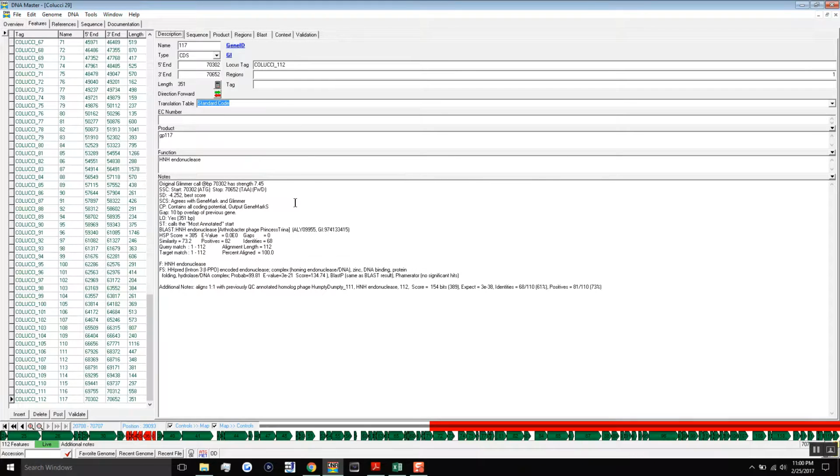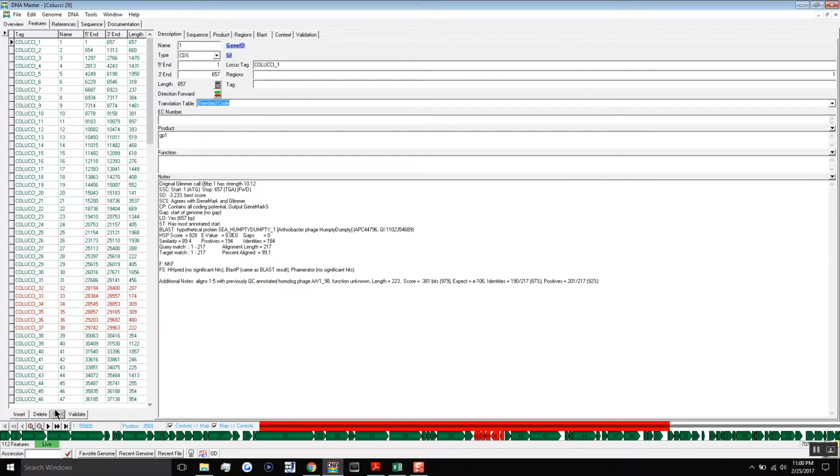Alright, so there are two more things that we have to do before we can finalize this file. The biggest thing, which probably takes the most time, is you're going to have to reblast all of the genes in the genome. It may have taken you a week to complete this annotation, or 2 months, or 6 months. But the point is, in between the time you started and originally blasted all of the genes in your genome, and when you finished the annotation,